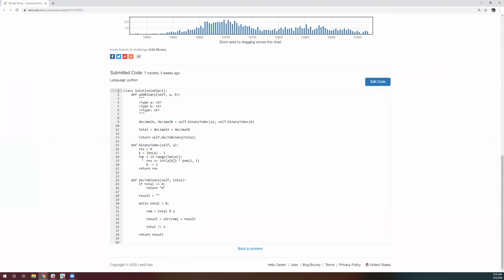It's a simple function that keeps on adding 2 raised to the power of some i, converting binary to decimal, and decimal to binary is again a logic. You keep on checking whether the last bit is 1 or 0 and keep on dividing by 2.